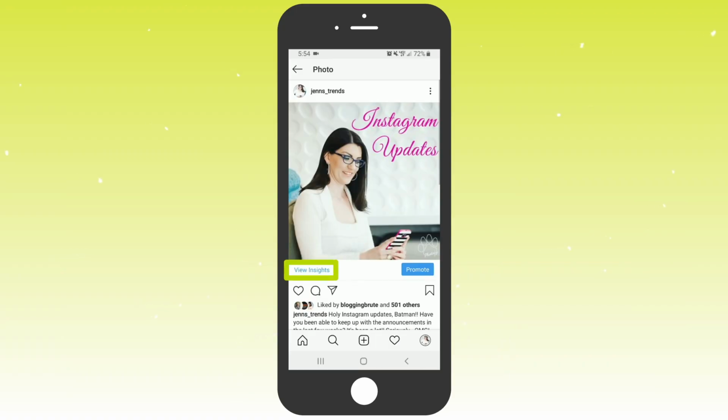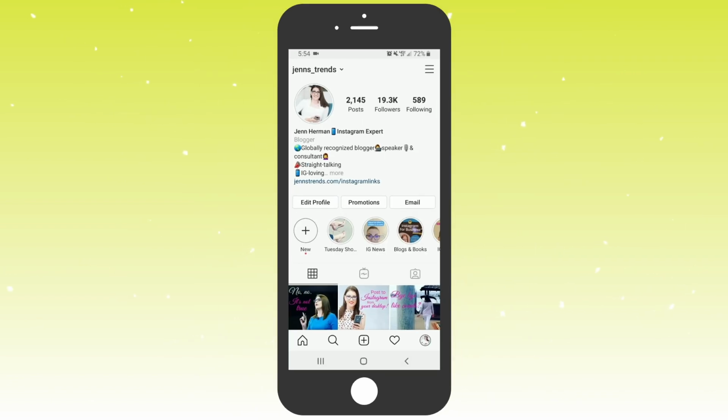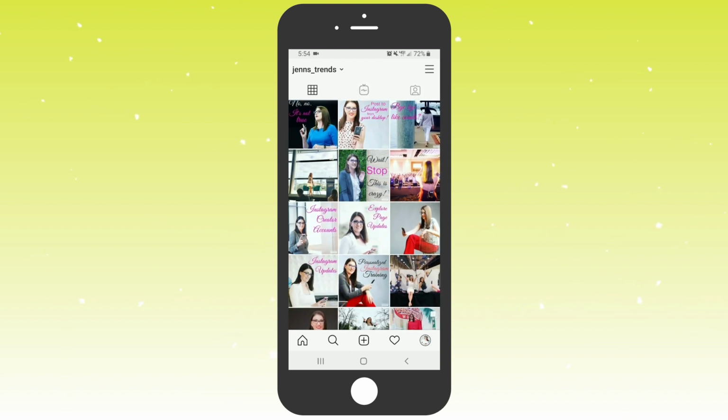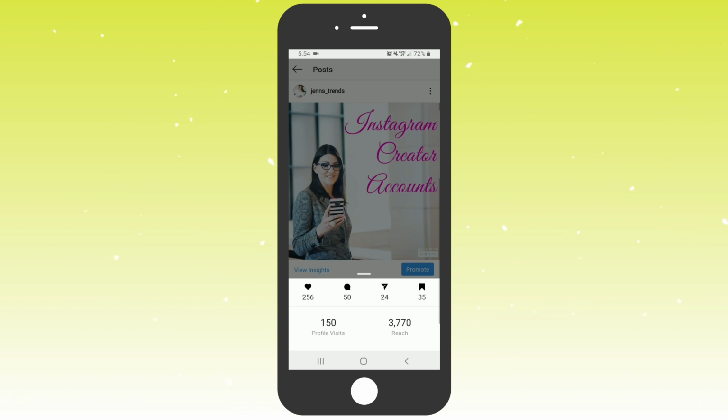Additionally, if you want to see how any individual post is performing for various insights, in that search result for those feed posts that you filtered, you can tap on any post, and then below that you'll see View Insights, and you can tap on that to open up the insights for that individual post. A shortcut to this is just to go to your profile, and you can actually click on any post in your feed and then click again on the View Insights and open up the insights for that post.